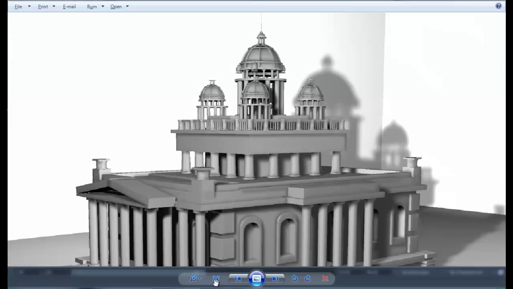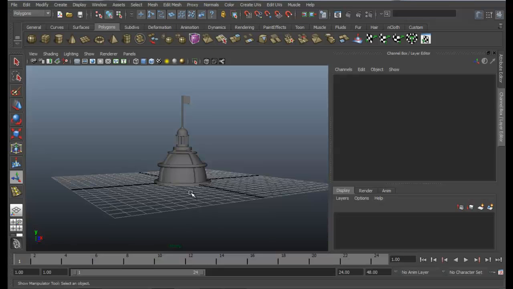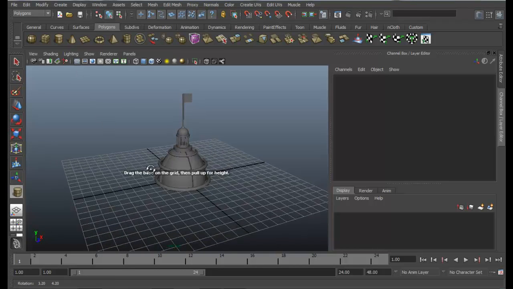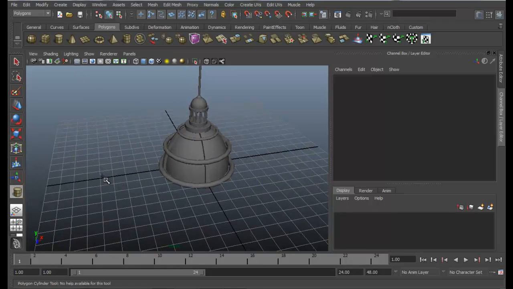Now continuing with the model, we'll start building some more objects. Now we have to build a pillar, but using a simple technique.